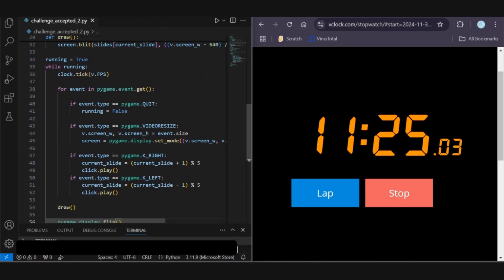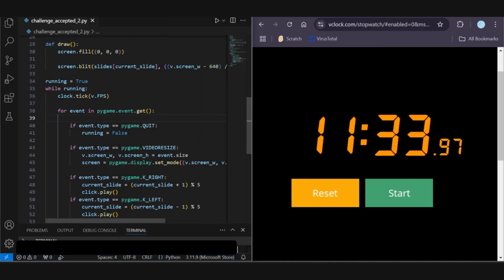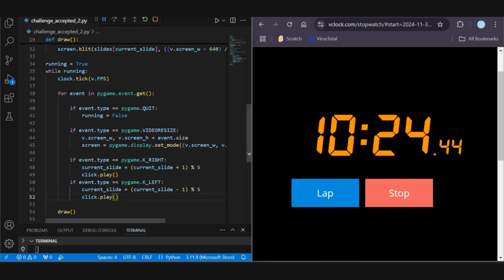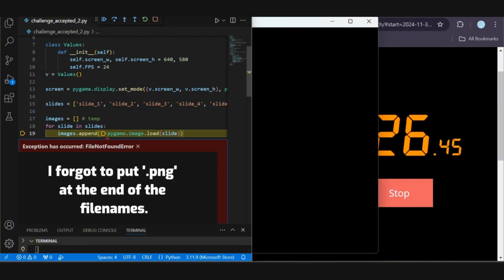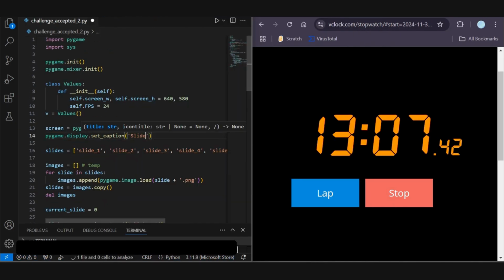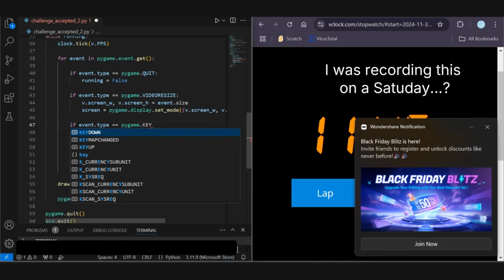One reason I think I take a long time to code is because I forget a lot of things until I realize I was supposed to add them. For example, just in this, I forgot to define the function to add the necessary elements onto the screen before coding the main game loop. I forgot to put .png as a file extension at the end of the file names of my images. I forgot to update the screen with each tick, and I forgot to set the window caption while setting up the application's presentation. Believe it or not, I forget these details pretty frequently nowadays.